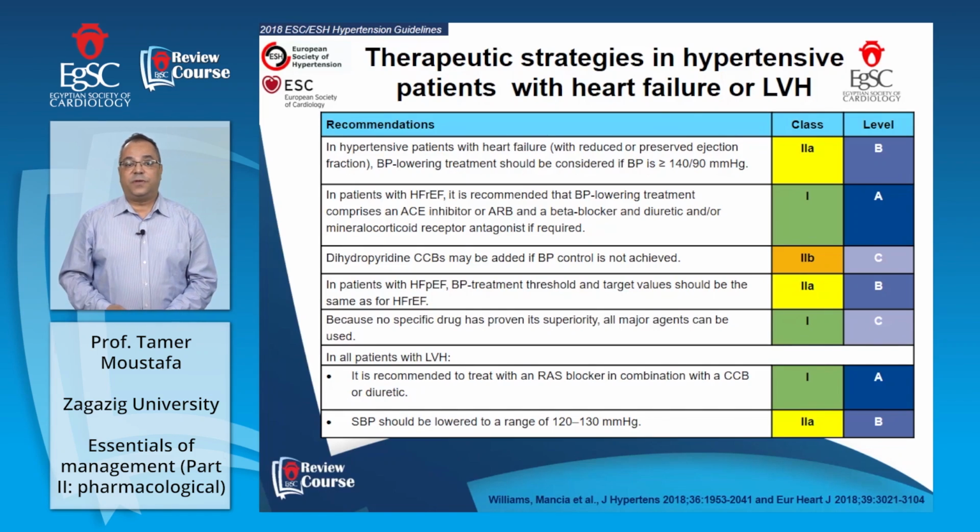In patients with heart failure with reduced ejection fraction, it is recommended that blood pressure treatment comprises an ACE inhibitor or ARB plus a beta blocker and a diuretic and/or MRAs if required. This is class 1A. Dihydropyridine CCBs may be added if blood pressure control is not achieved, but this is